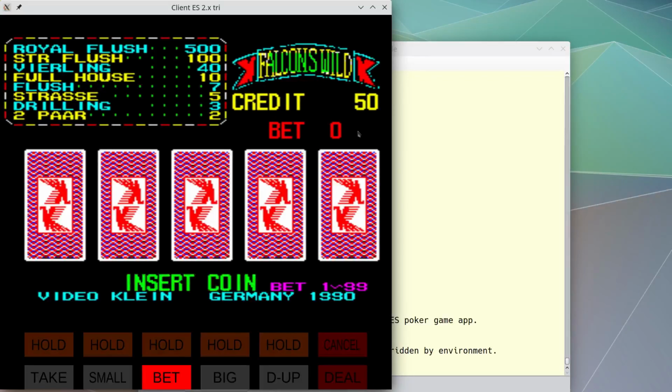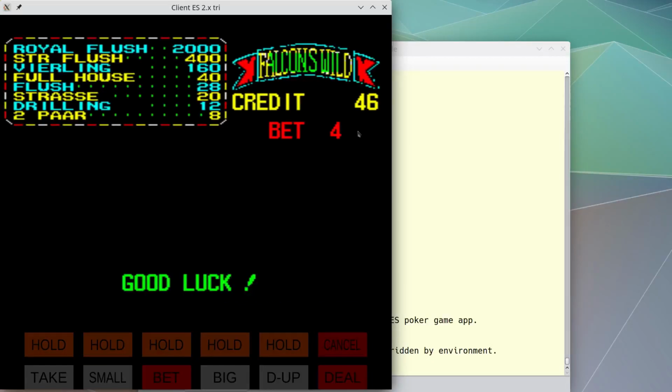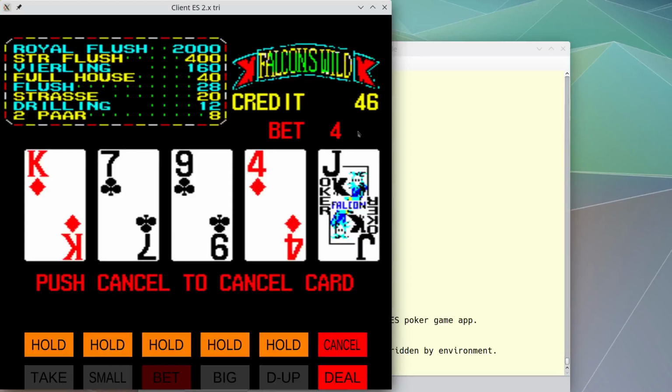Okay, I'm inserting the coin now, pressing 5 for inserting coin, M for dealing, hold is R or something like that. Okay, this is just